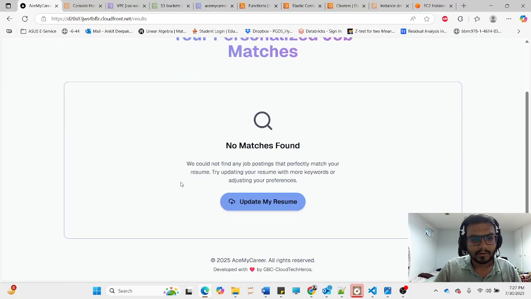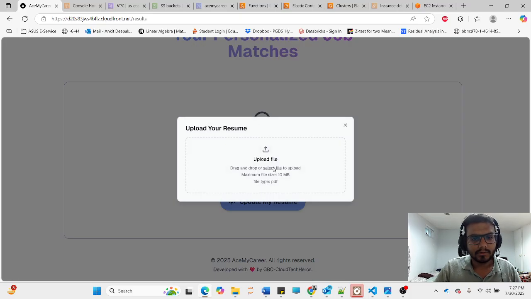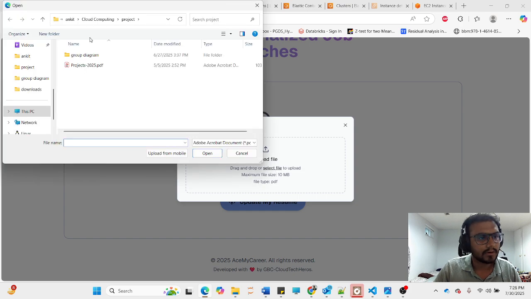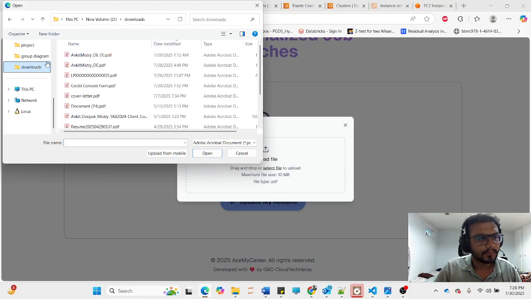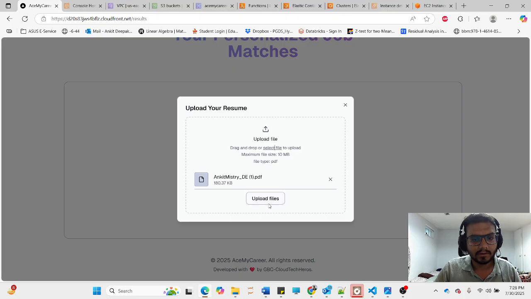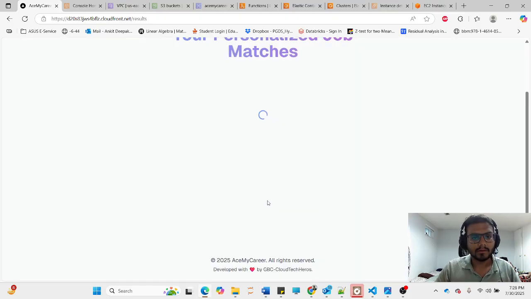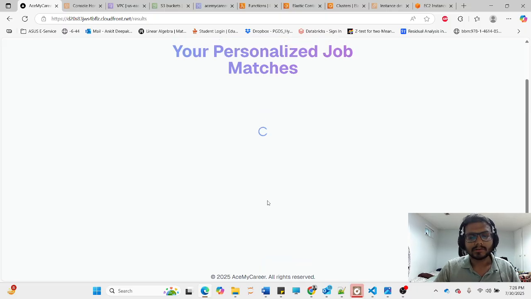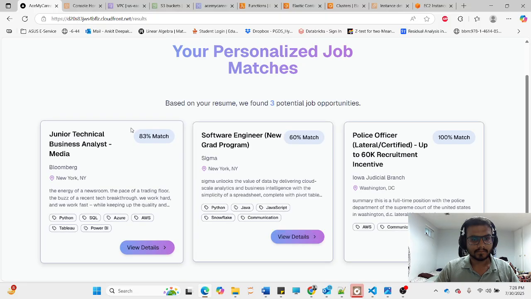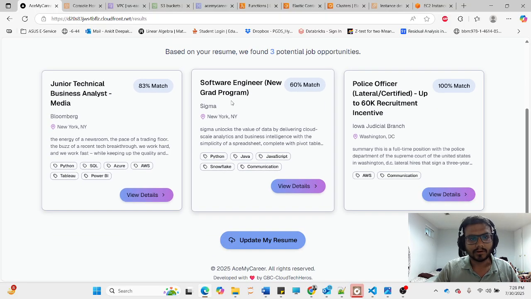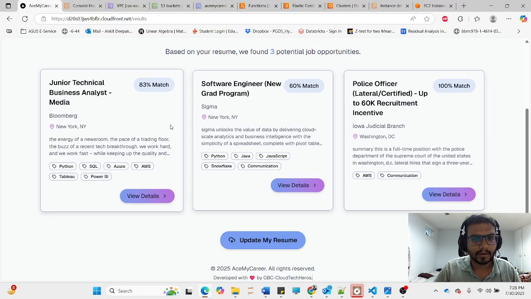job matches. So it asks us to upload our resume, and we have to select our file, and my file is in this folder. I'll select it and select the upload file, and in a while it will show us what jobs would match my resume. Okay, so we see 3 jobs have popped up which are matching my resume,